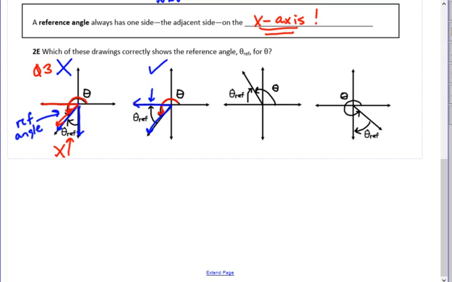Now we're in quadrant 2. So here we have a quadrant 2 angle. So this is quadrant 3. Quadrant 2 angle. So where do we draw the reference angle? It shows the reference angle with one side on the x-axis. So this is correct. Okay, so we see the side on the x-axis. That is correct. Now when we get to quadrant 4,